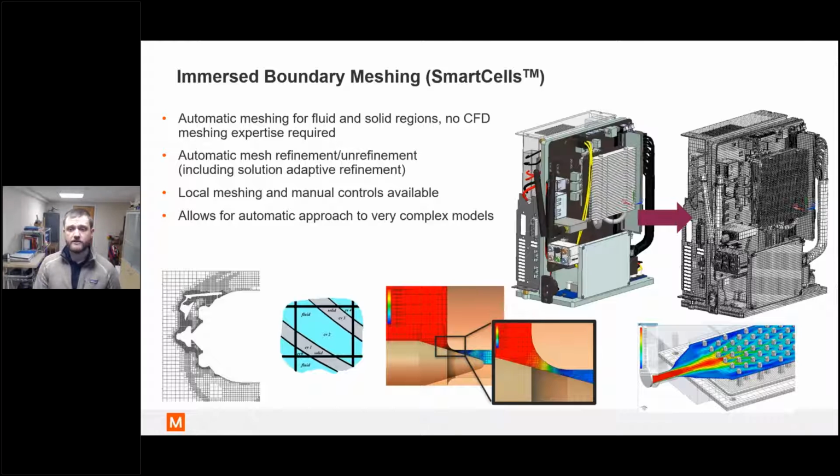In FlowEFD, there is none of that simplification, or excuse me, there is all of that simplification automatic in the system. You don't have to do any type of geometry changes. It's an immersed hex mesh. It's robust and it's efficient. You can also introduce things like automatic refinement based on flow gradients, but it's also not a black box where you don't have any control over your meshing. You are able to impose local mesh controls like we see here where we're having a real small cavity of flow, and so you really can customize it as well.